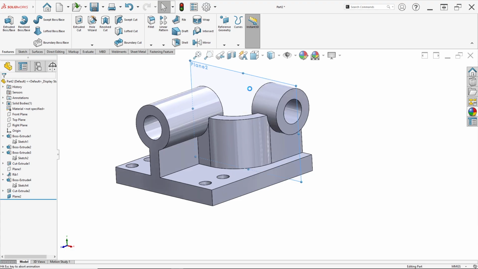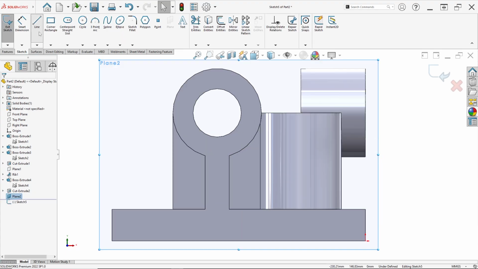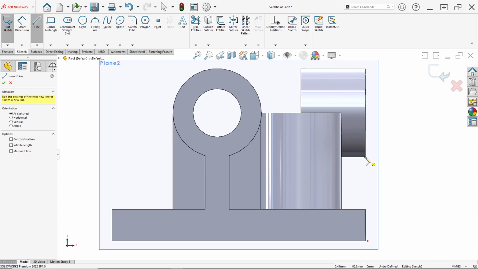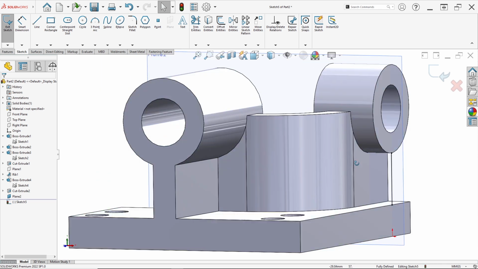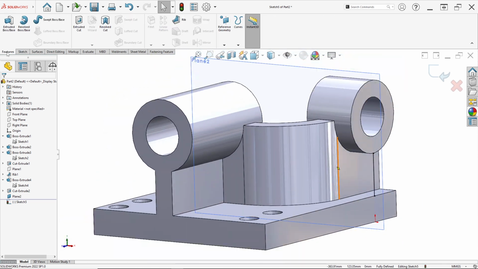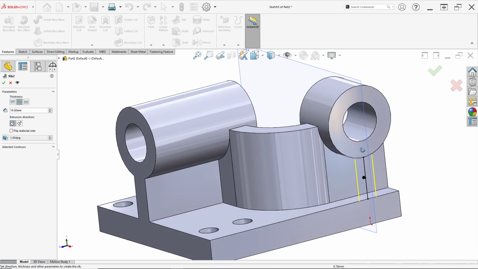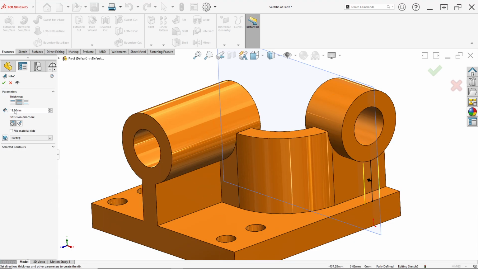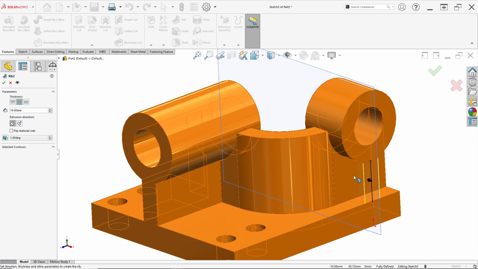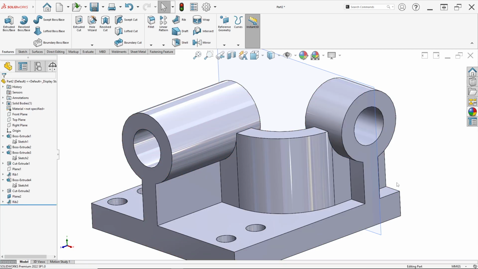Right click on this plane and click Sketch. Now select Line, draw from this to this. Like before, to make the rib with Feature, Rib, and in here thickness in both sides, and thickness 19. The direction is correct, and just click OK, and done.